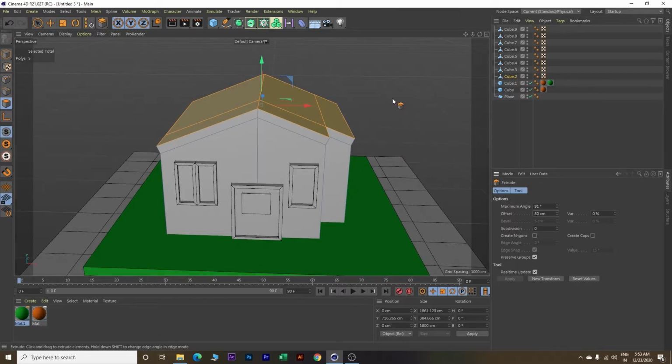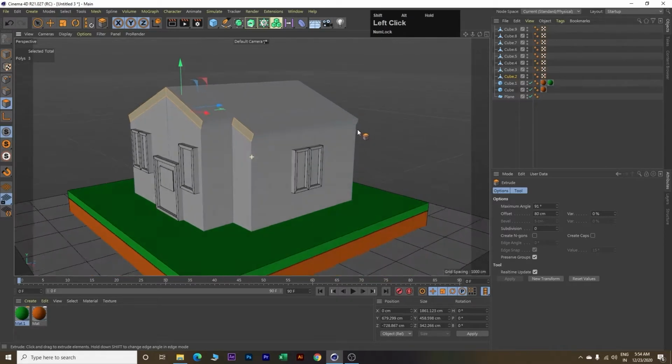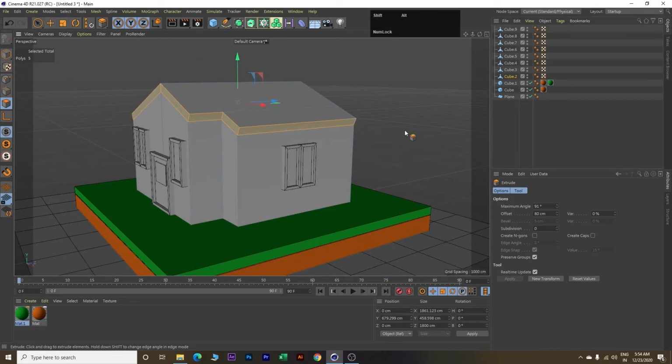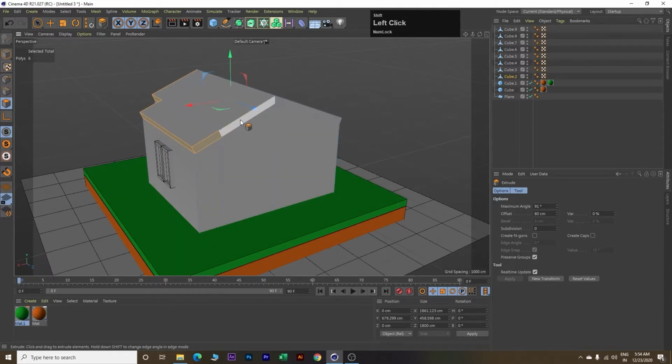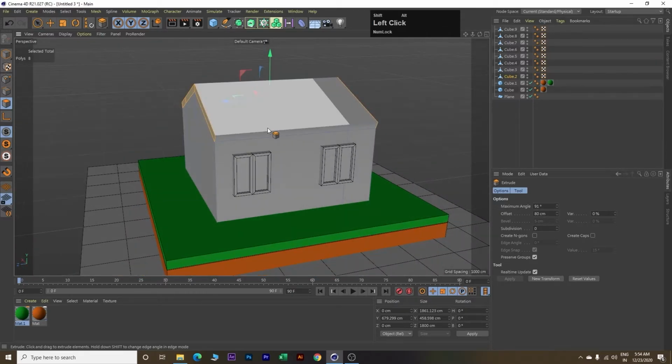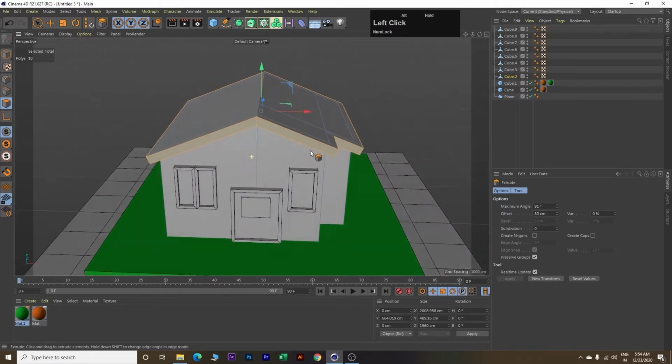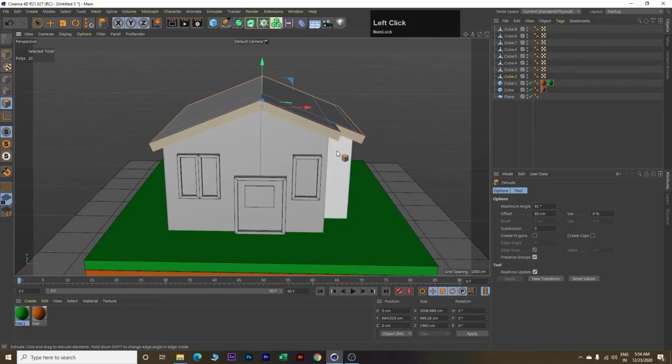Next, click outside. Next, select on these polygons. Click on this. Use shift key and select multiple polygons. So select this also. Select this. Move it. Select this one. Again rotate. Select this. Rotate further. Select this. Then right click and extrude. And extrude to 80. Perfect. So this is how our house now looks like.